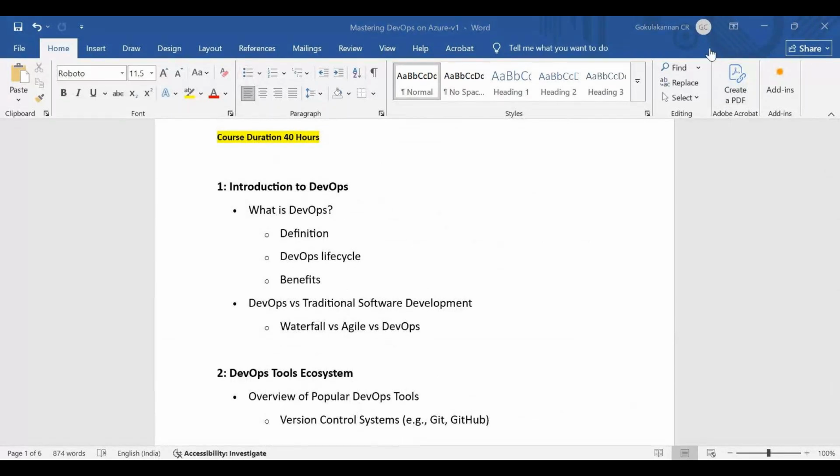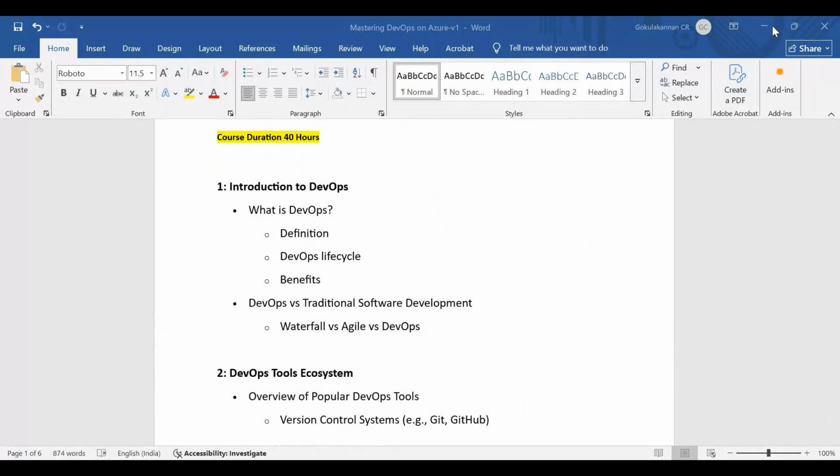So very firstly, we will have some basic discussions about what is DevOps, because I don't want to jump onto the concept of "in DevOps you have to create a CI pipeline, CD pipeline, and you have to use this repo." No, that is not going to work out. First, we should understand what is DevOps, because as I told, some students might be from a non-cloud background. Some students may not know what is DevOps at all.